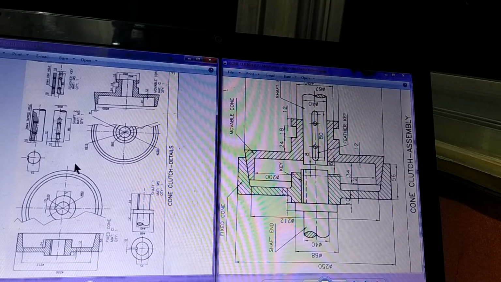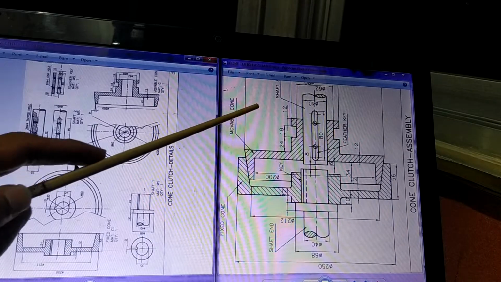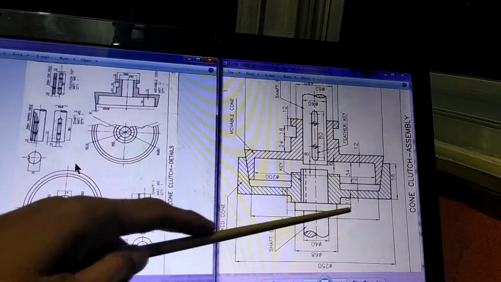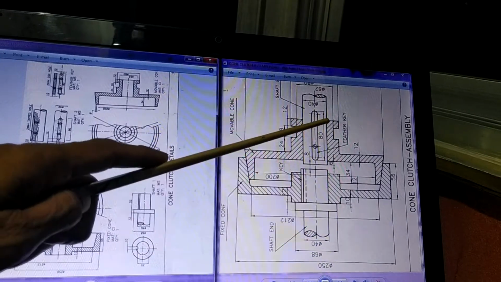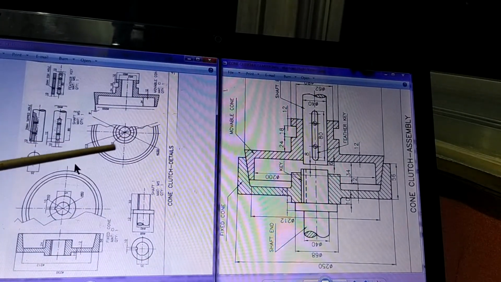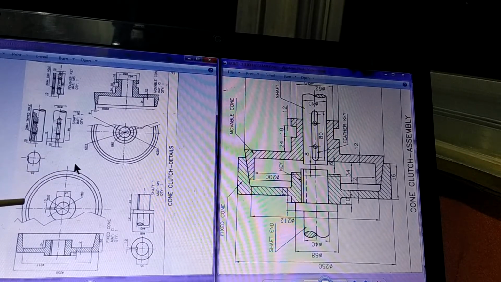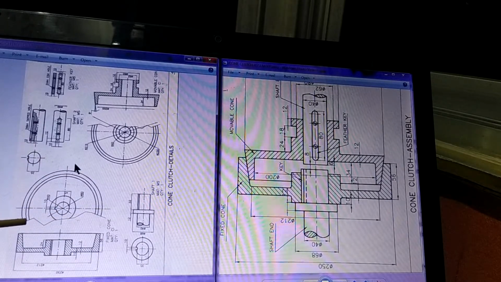So coming to the basic information about the assembly drawing, now let's see what is assembly drawing. Now as you see here, there is some kind of an assembly shown. Assembly means where several parts are fitted with respect to each other. And here the details of the same assembly are shown. We are of course not going into the details at the moment. We are just trying to understand roughly what it is all about.